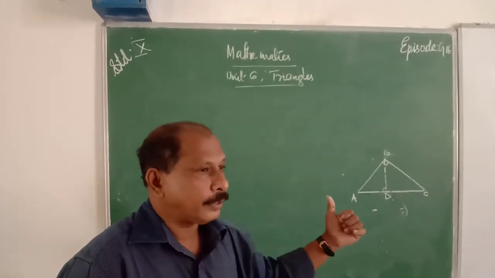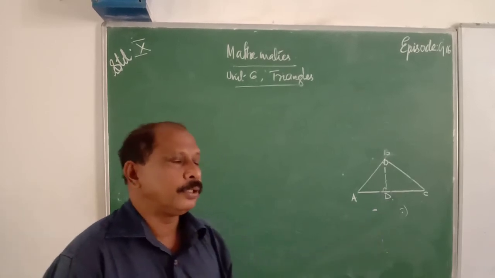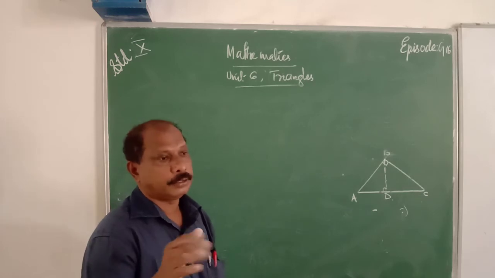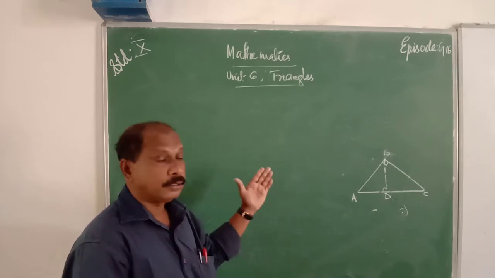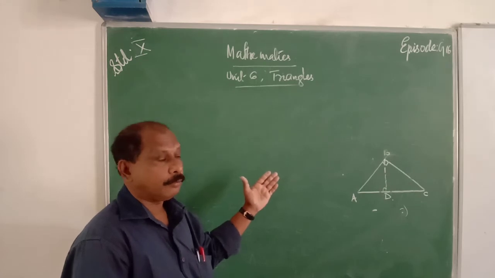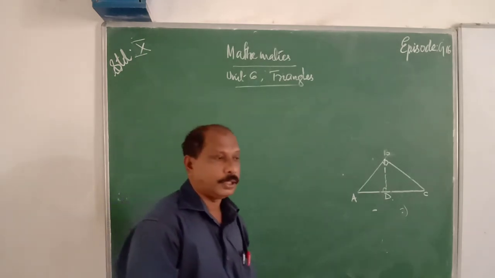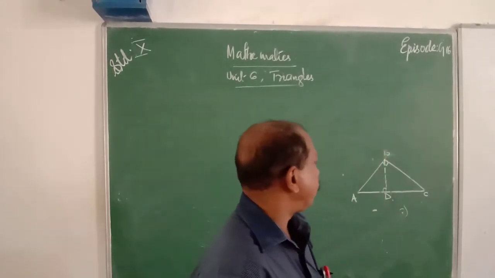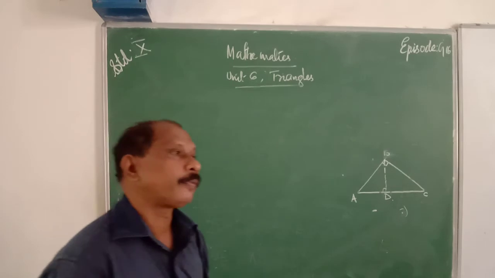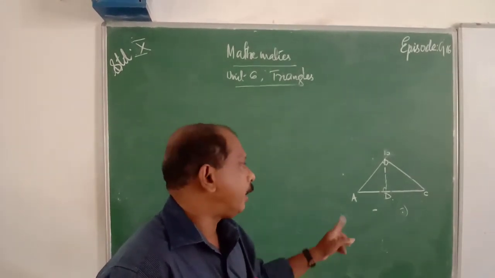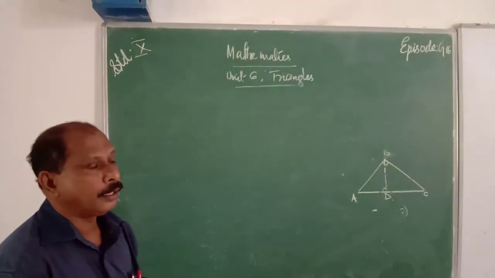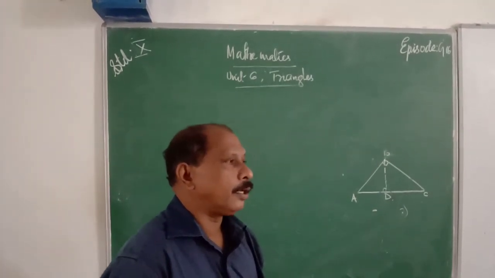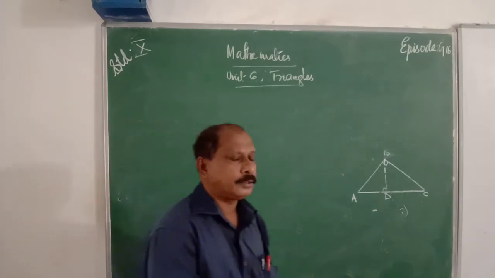That means, let us consider triangle ABC for the proof. In triangle ABC, angle B is 90 degrees. We have to prove that AB square plus BC square is equal to AC square. Then the construction is: draw BD perpendicular to AC. Therefore, in triangle ADB and triangle ABC, angle A is equal to angle A. Angle ADB is equal to angle ABC, which is 90 degrees, that is given.